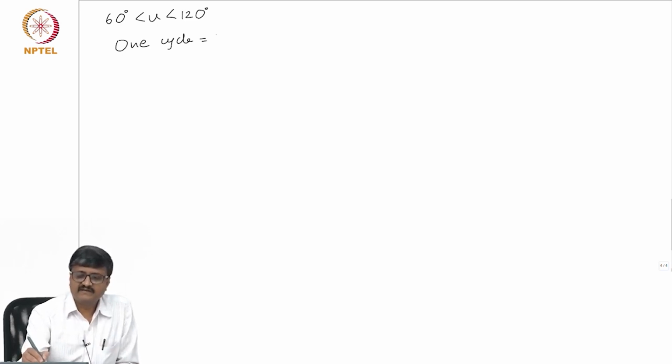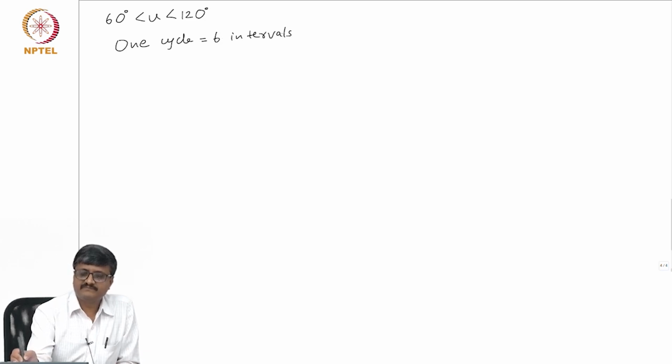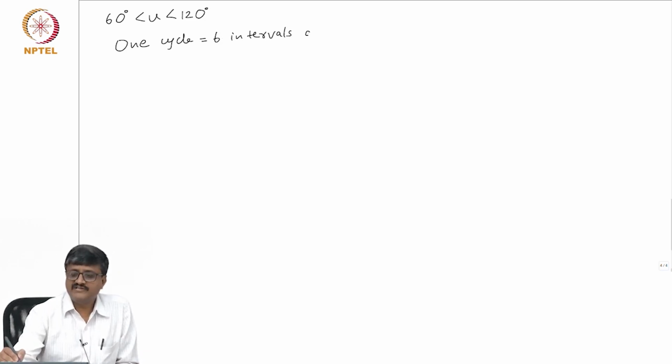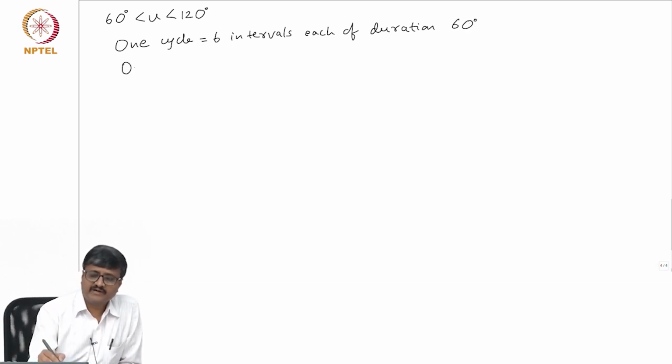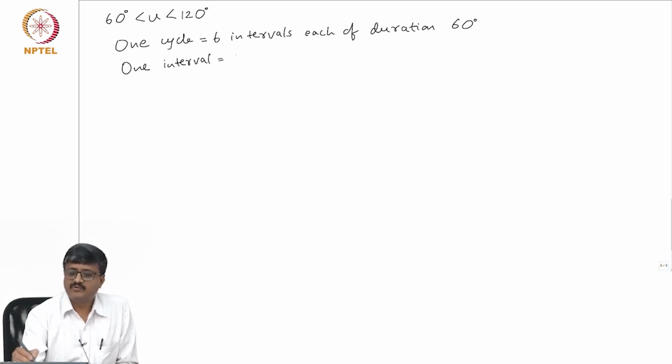So, one cycle is equal to 6 intervals, each of duration 60 degrees. And one interval